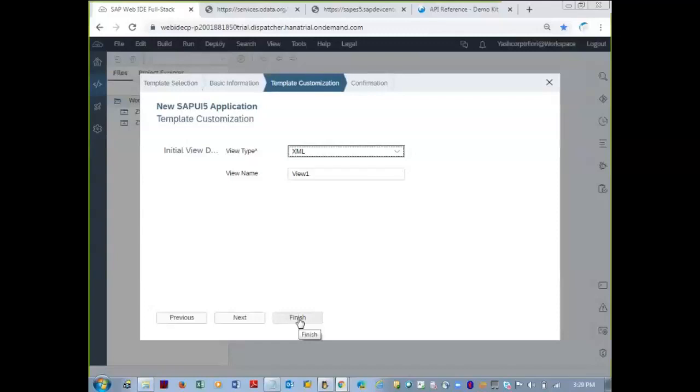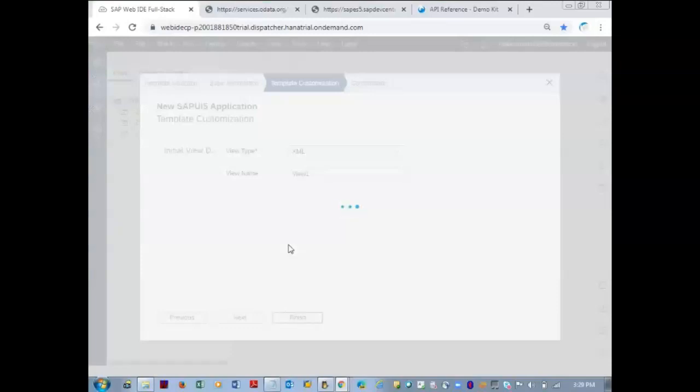This is yesterday's project creation only, which I'm repeating today. So it must be perfect till here. Click finish. So there is only one view. Okay, I forgot to change the name, let it be. So the view name is view1. We'll get view1.controller.js and view1.view.xml. The XML file handles the presentation logic, and the controller file handles the business logic.